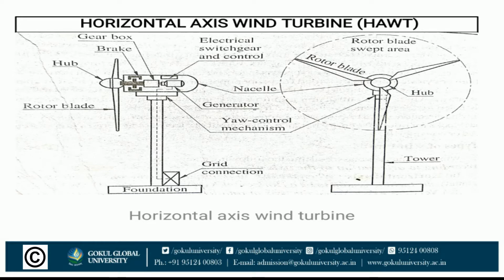They have low cut-in wind speed, easy furling, and in general show high power coefficient. However, the design is more complex and expensive, as the generator and gearbox are to be placed at the top of the tower. Also, a tail or yaw drive is to be installed to orient them in the wind direction.